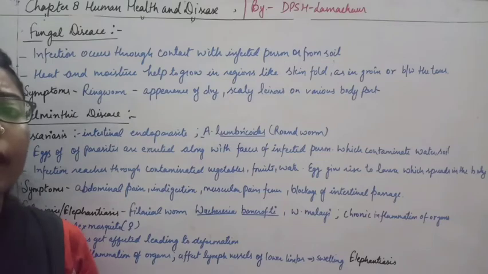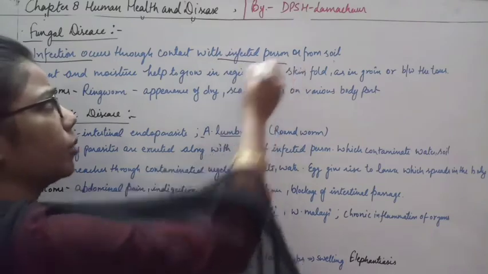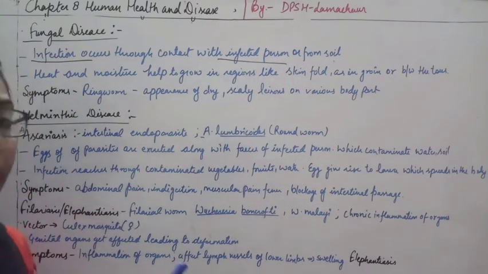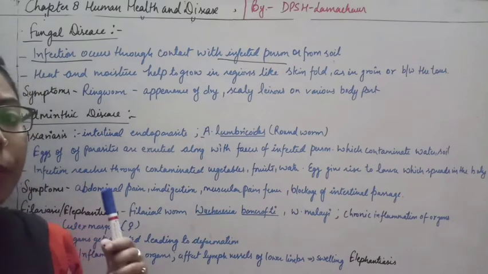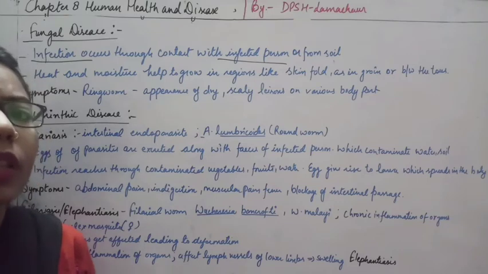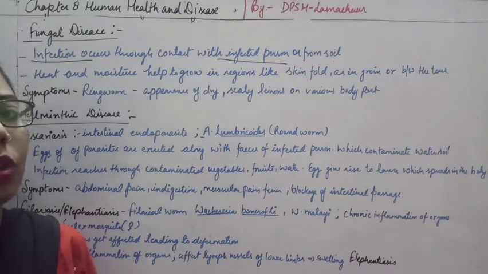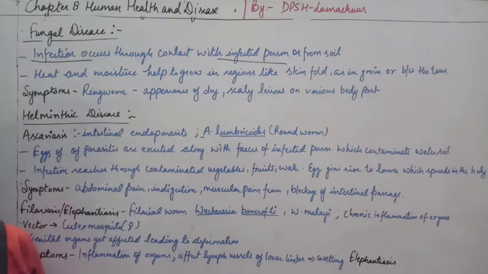Now another category of communicable or infectious disease is the fungal disease. In this fungal disease, we can discuss how it is transmitted to another person. The infection is caused with the help of an infected person. If you are in contact with any infected person, or with soil and you get hurt there, the fungus present in that soil will come into your body. So like this the infection spreads from one person to another, right?